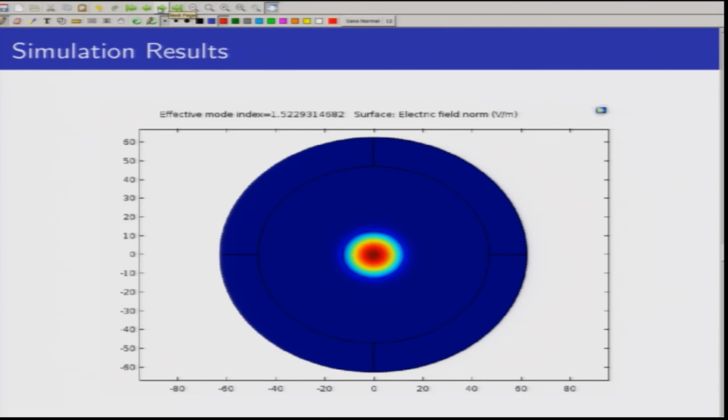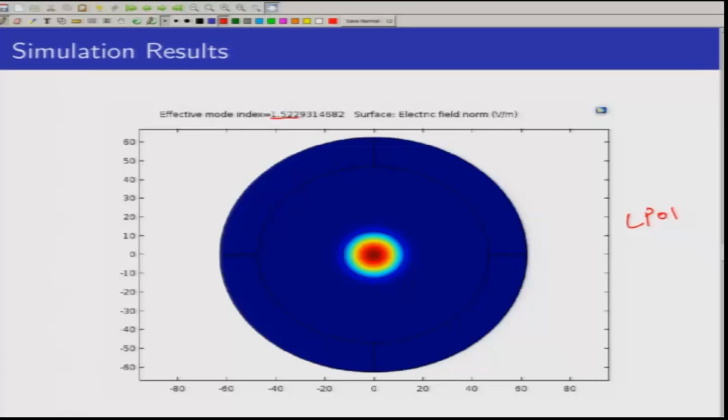fundamental mode, LP01. This LP01 mode is the initial mode that gets excited in the optical fiber and has a higher effective index. As you can see, this effective index is larger when compared with the other modes that we have seen in the previous slides, and it is approximately equal to the refractive index of the core. If we observe all the results that we got here, the effective index value is purely real and the mode is clearly confined to the core.